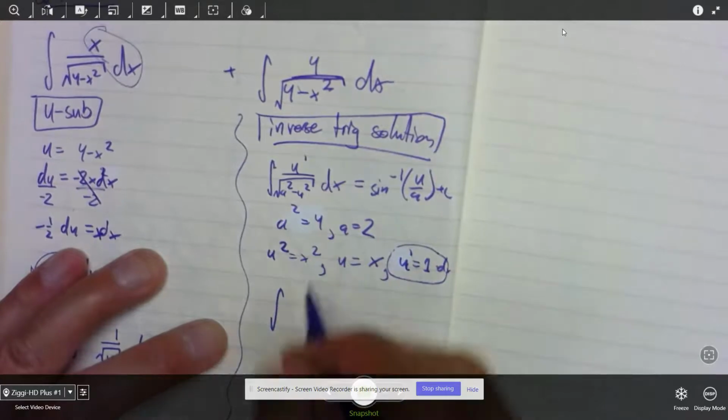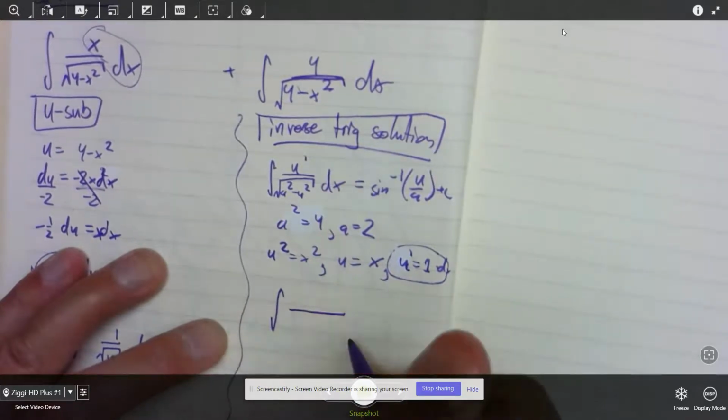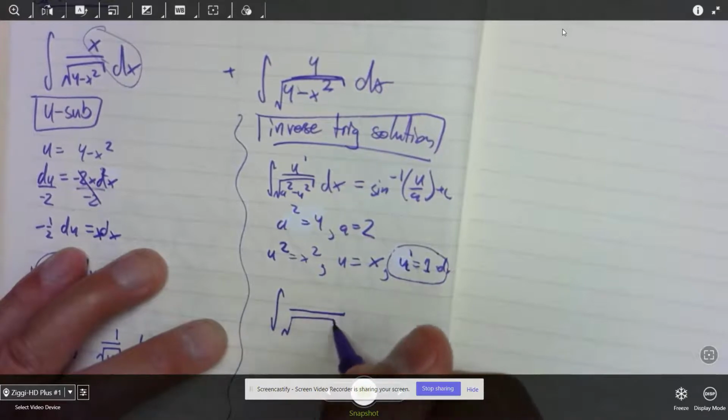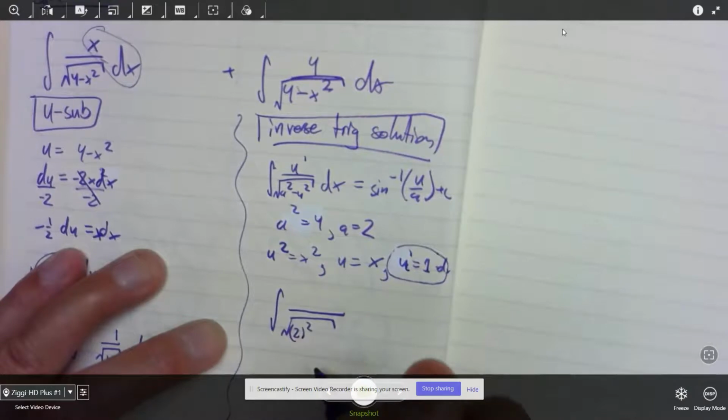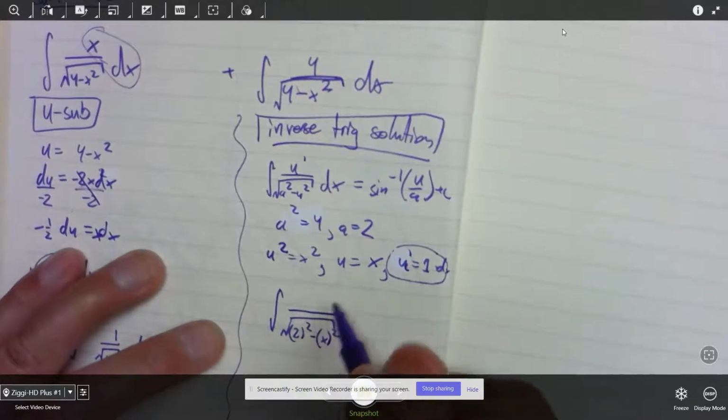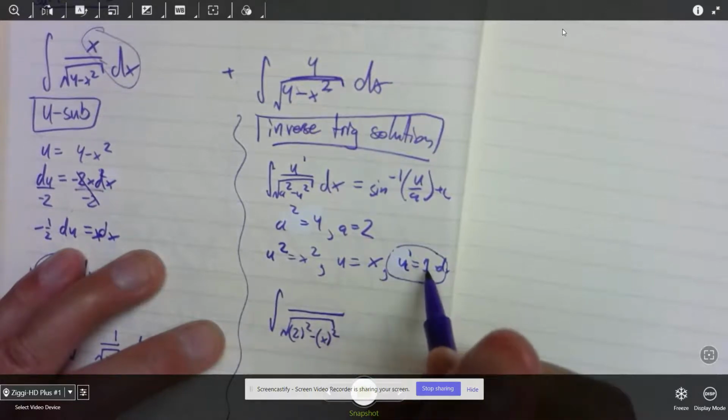Okay, so you could see at the very bottom, let's start with the bottom. I always like starting with the bottom. Your a squared should be 2 squared. That works out. Minus x squared. Okay, that looks good. And then here, your u prime,